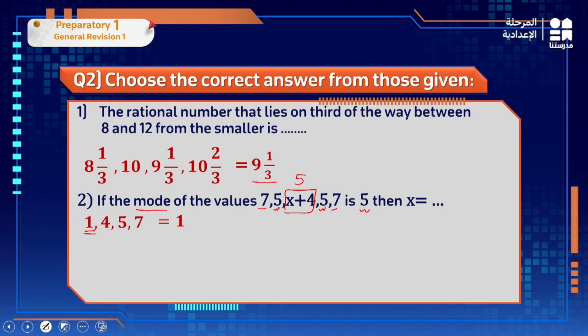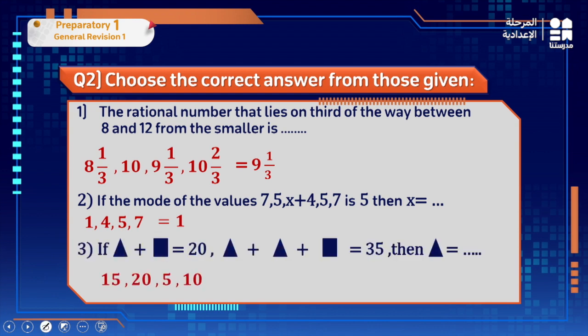Then we have triangle plus square equals 20 and triangle plus triangle plus square equals 35. Then the triangle equals what? And we have choices. The better way, here we have choices, so let's try the choices or solve it as an equation. If I have 15, let's try 15. Here, I'm asking you about the triangle value. So let's put 15 plus something here equals 20. And then 15 plus 15 instead of the triangle plus